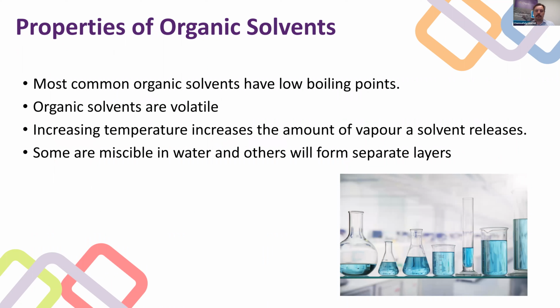So let's look at a bit of chemistry now to understand how organic solvents behave. Understanding the properties of organic solvents will help with the understanding of how we can use controls to protect ourselves from exposure that we'll discuss later in the webinar. Most organic solvents evaporate easily and boil at low temperatures. The boiling point of a solvent is determined by the size of its molecules, as well as by the strength of its intermolecular forces. Solvents with low boiling points evaporate easily at room temperature, and the closer you get in